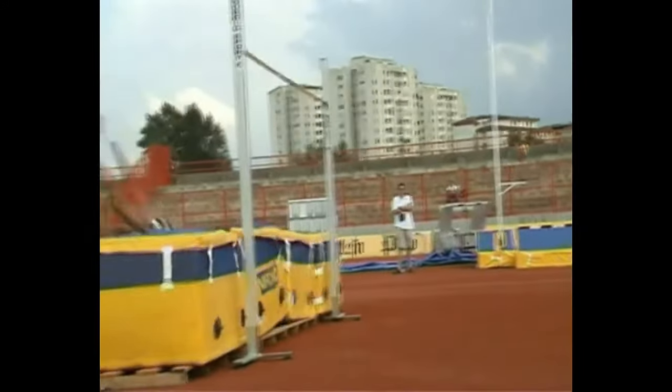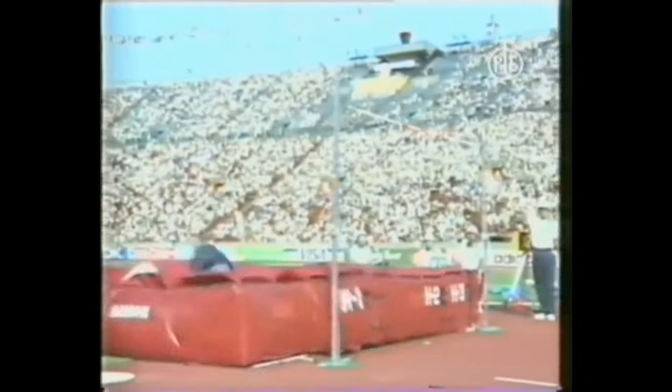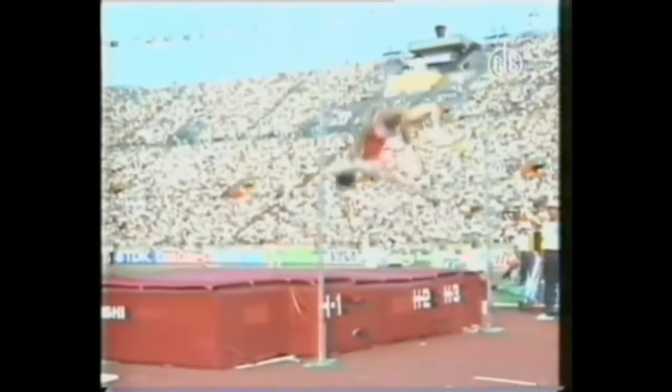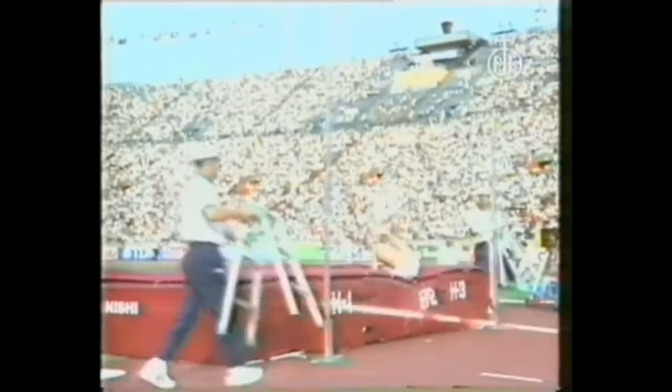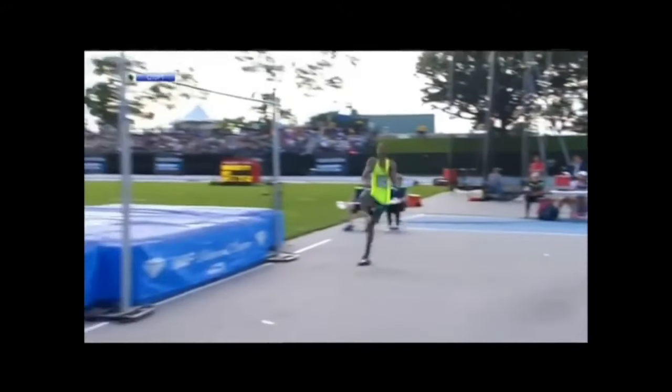Now the arms, and we need the arms because that helps us to get that vertical height. Basically what we're doing when we're doing high jump, we're transitioning from a horizontal speed and converting that horizontal speed into vertical height, and the arms help us to do this. We need big, wide arms that help drive up and help us get that height, either on the takeoff or leading in a big windmill action to help you drive forward, drive those arms up to help get over the bar. Both arms are swung forwards and upwards as mentioned before,